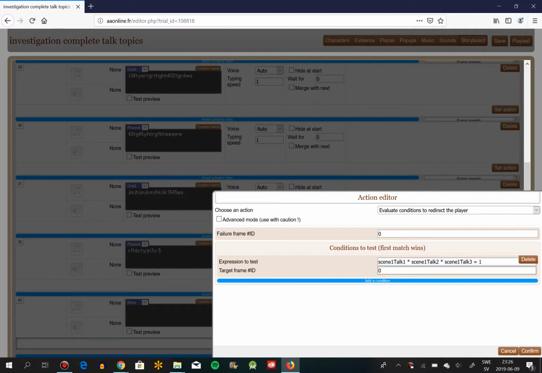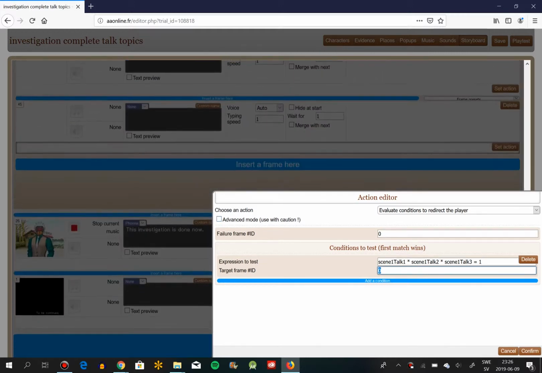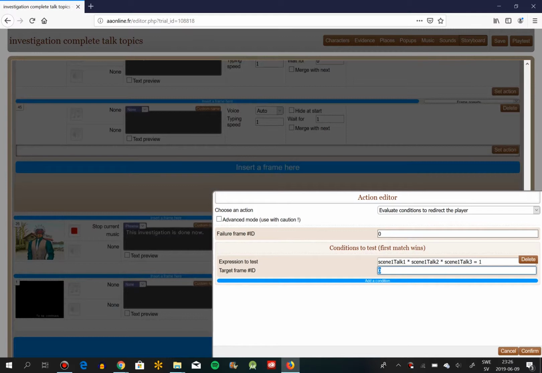So if every one of these is 1, it means we've gone through all the talk topics, which means we're going to end the investigation. So the target frame ID, this is what it's going to go to if we've gone through them all. I've set this up down here, so I'm going to put it as frame 26, this little thing here at the end where the investigation ends. And then the failure frame ID,